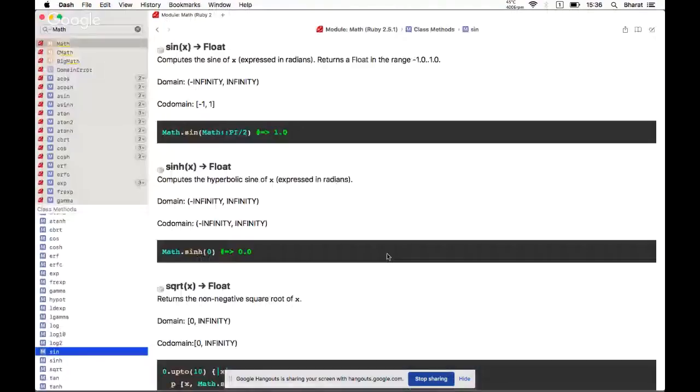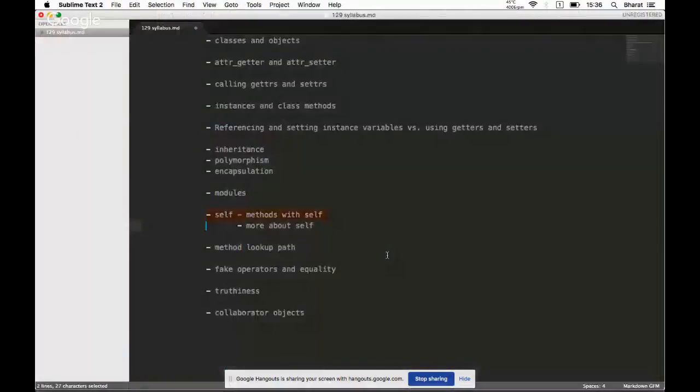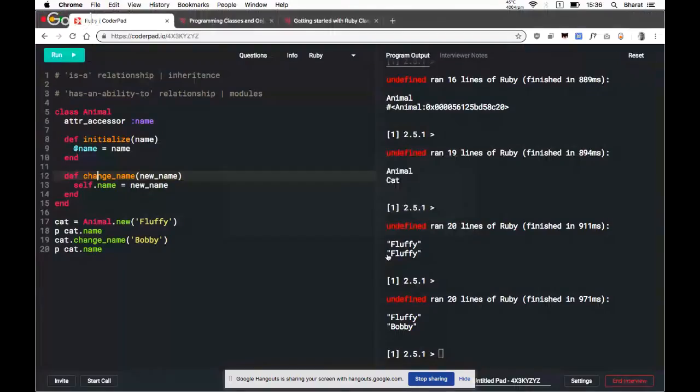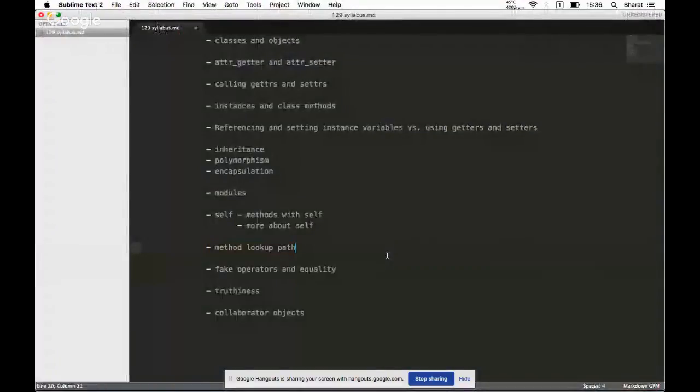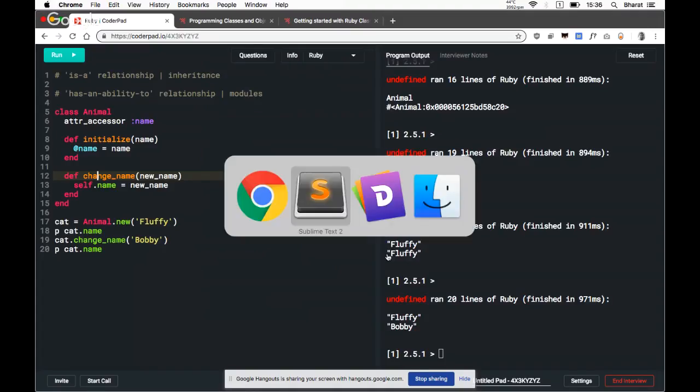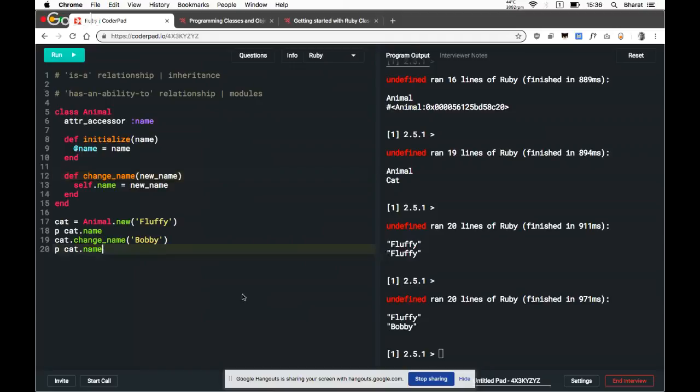Okay, cool. Fine. Move on to the method lookup path, which I've talked about already. A bunch of classes that are inheriting, and you include a bunch of modules. We talk about the order that the modules go up in, and also right now is a good time to just check the ancestry, what each thing is.